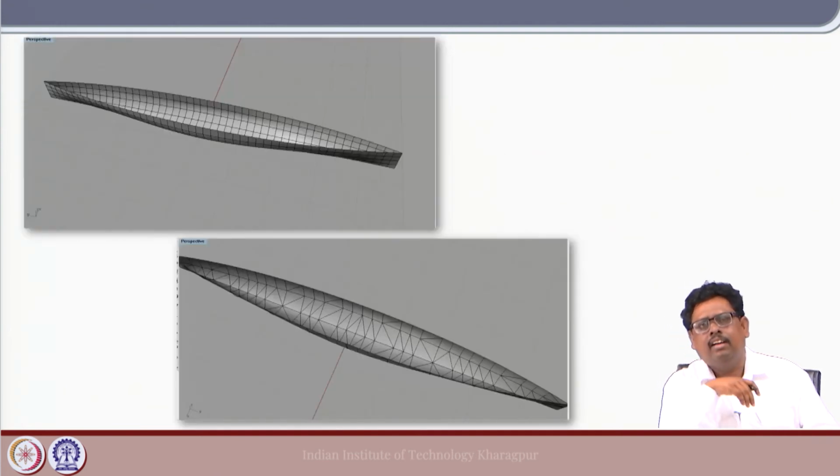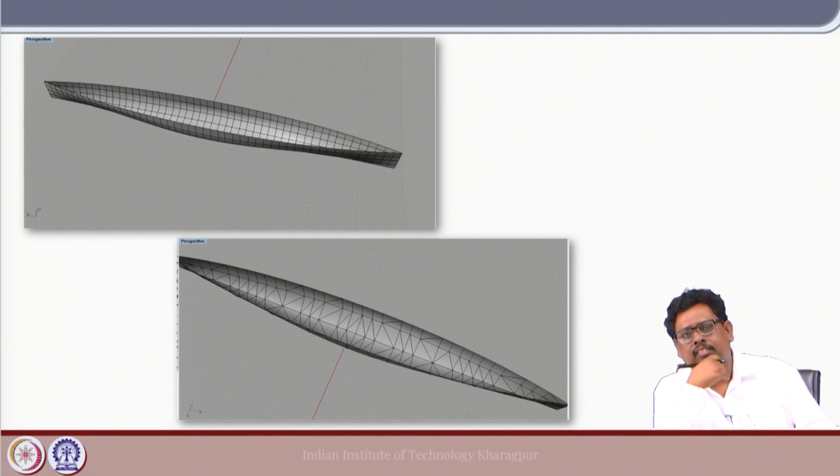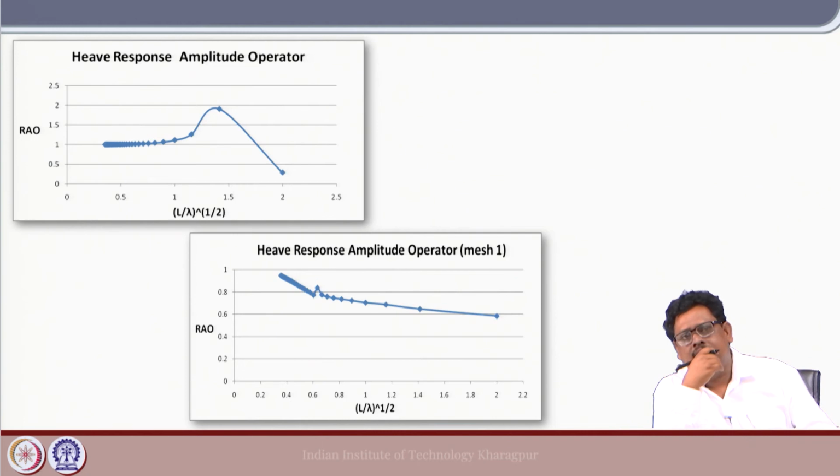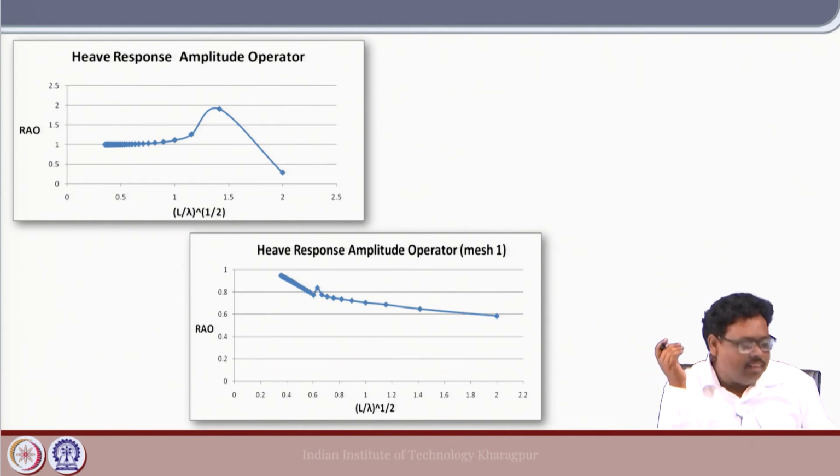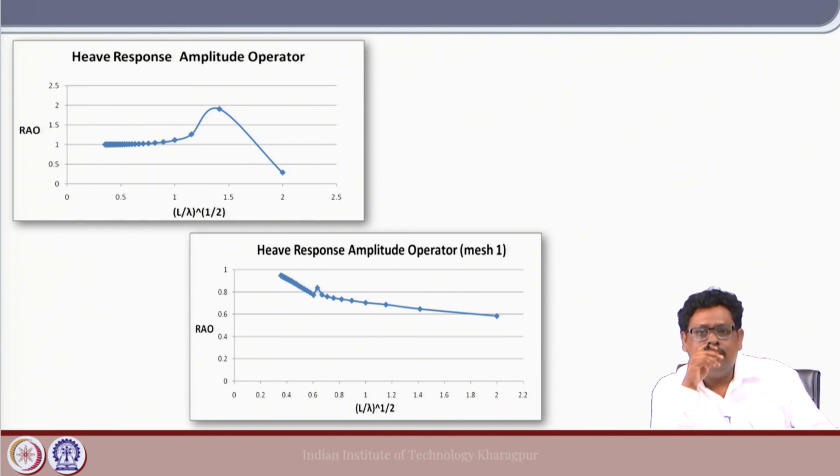Okay. Here I give one example. You can see the top one, that paneling is nice, and the bottom one is not that nice. It is a wiggly hull, of course. Let us see what the corresponding results would be. You see that the result is entirely different. However, it is interesting to note that